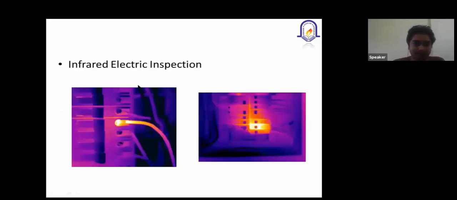So just look at this image. When we take this thermogram, we can check that this particular wire is heated too much. But with naked eyes, can we see this? No. But if we are using the thermal camera, we can get to know that this particular wire or this particular component is heated up. So we can directly replace this component and mitigate any kind of damage or destruction. Same with this image. You can see here this particular component is heated too much. So we can just switch it off, replace this particular component and start working on it. So this way we can mitigate any kind of damage.